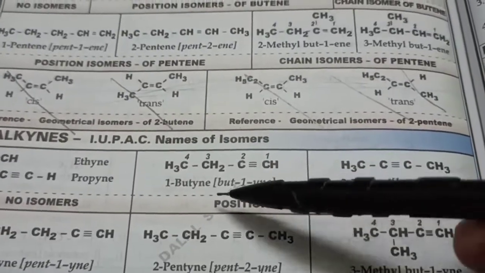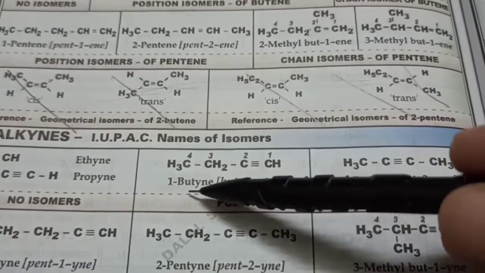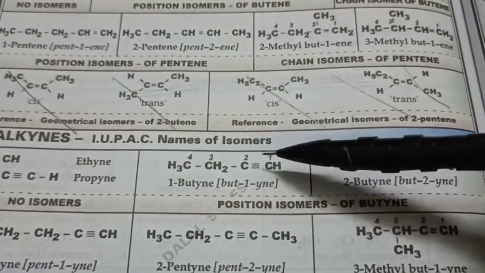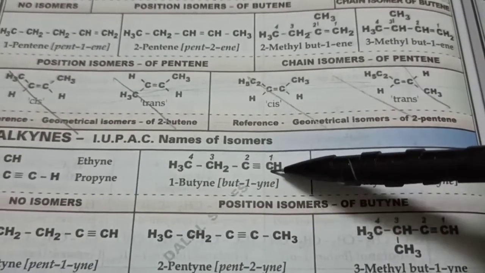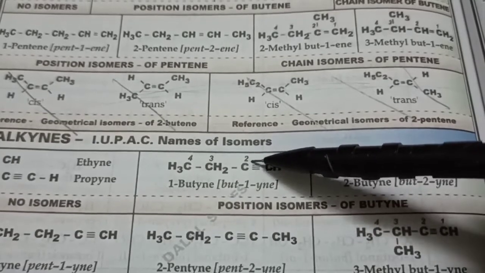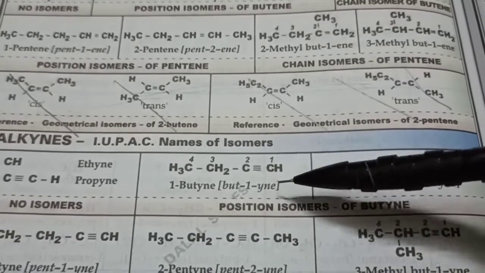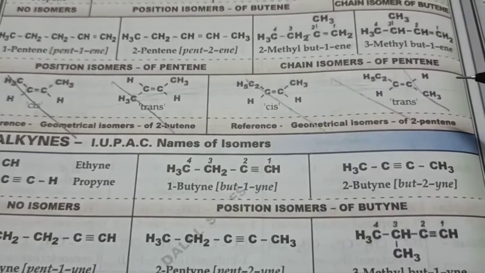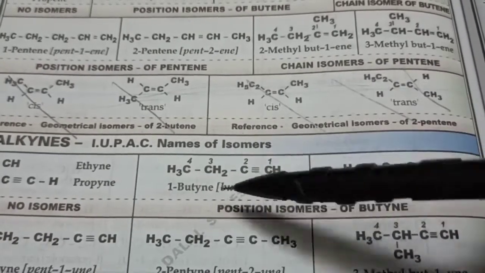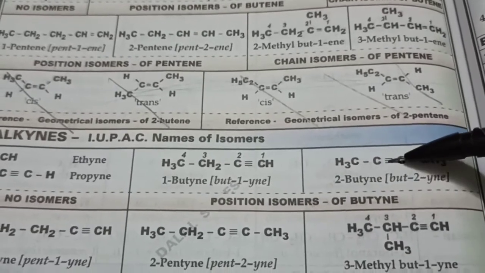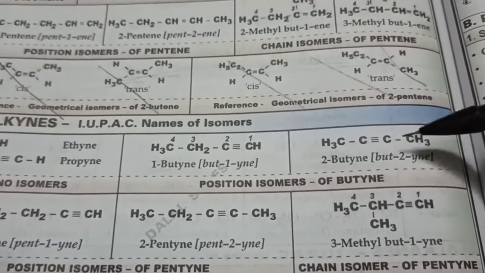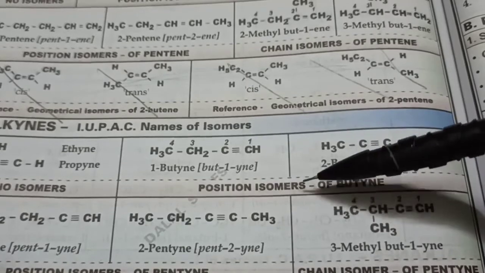So here we have butyne. We call it 1-butyne because the triple bond is at carbon atom number 1. We can say carbon atom number 2 also, but we should always give a lower number, right? Yes, we can call it but-1-yne also. I prefer 1-butyne. IUPAC allows both. But what if the triple bond is in between? Then the formula changes. The molecular formula is same, but the structural formula is different. That's a position isomer.